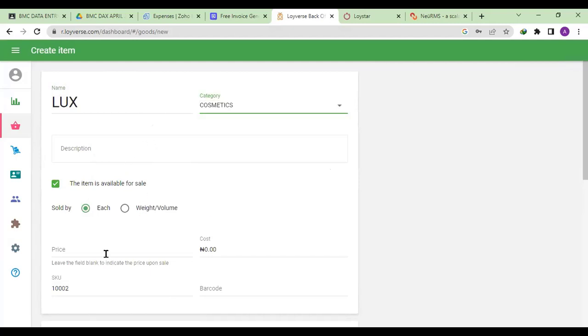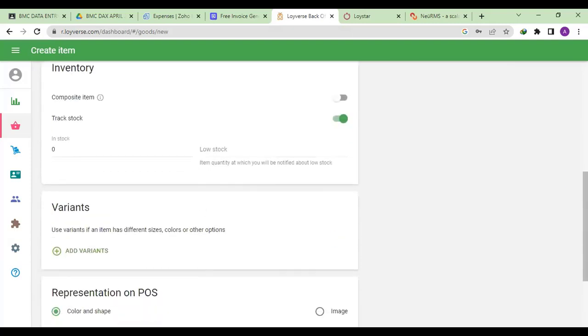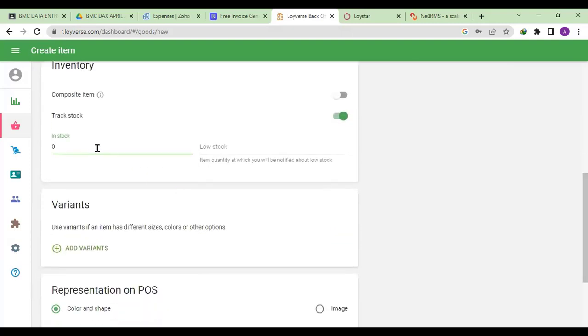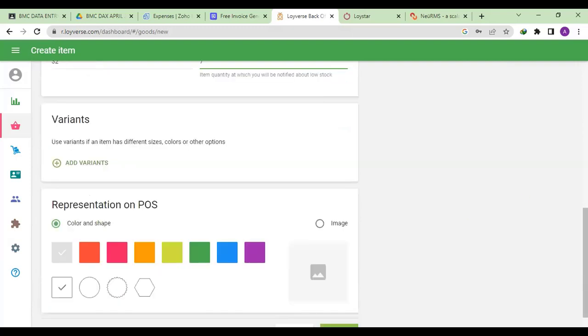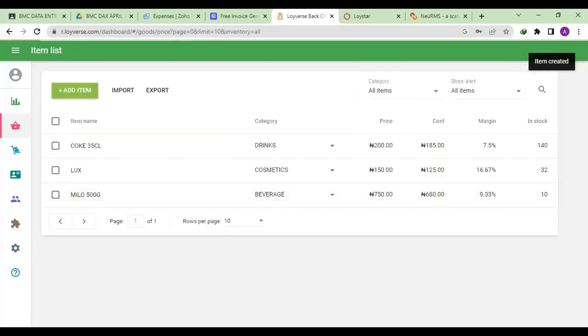So we sell it at how much are you selling locks now? Let's say 150. So we buy at 125, and we have the SKU, this and that. We track this inventory, and currently in stock we have like 32. When it remains 7, that's low stock. We want it to remind us once it remains like that, save. Okay, now